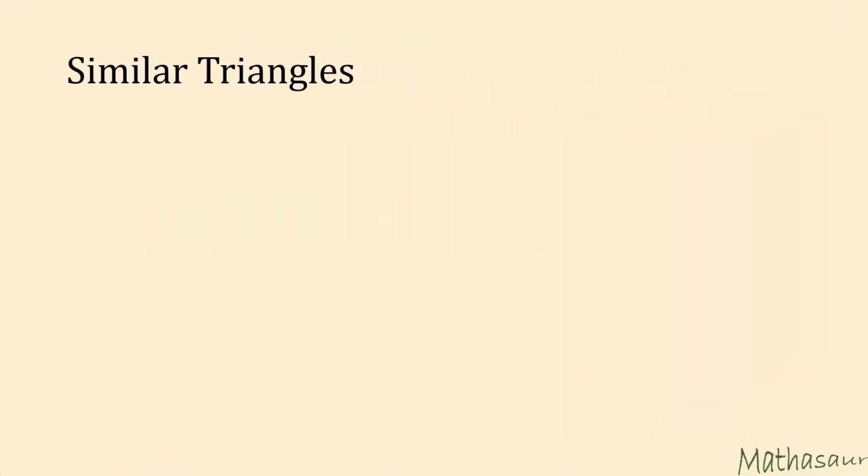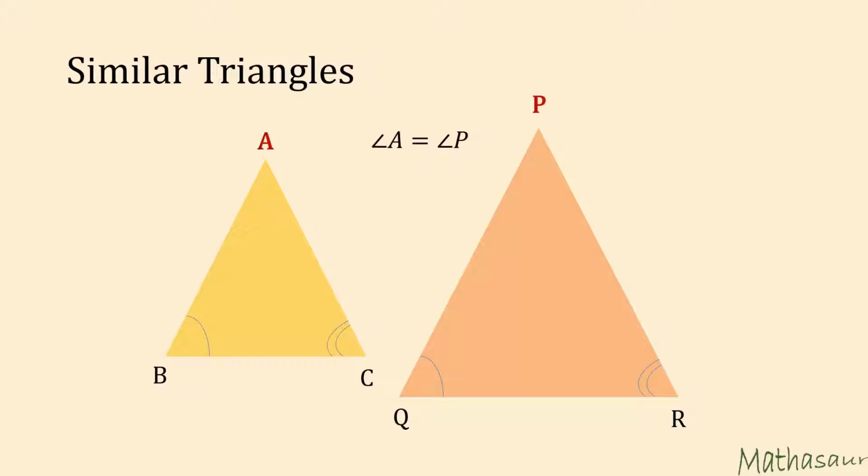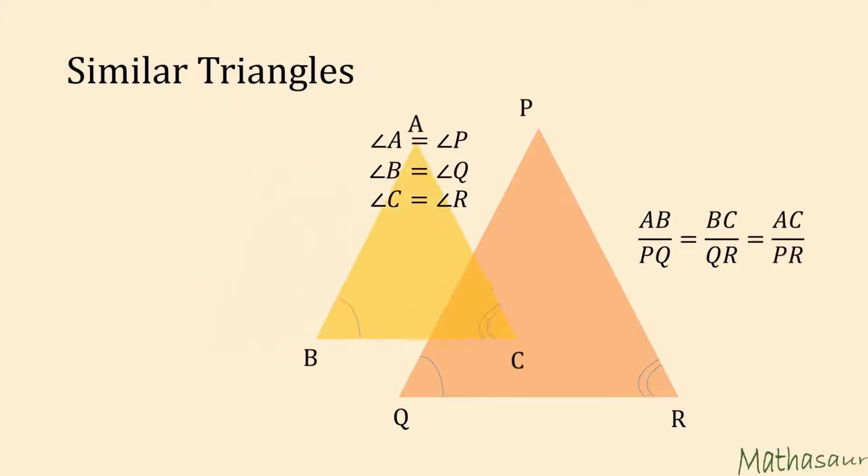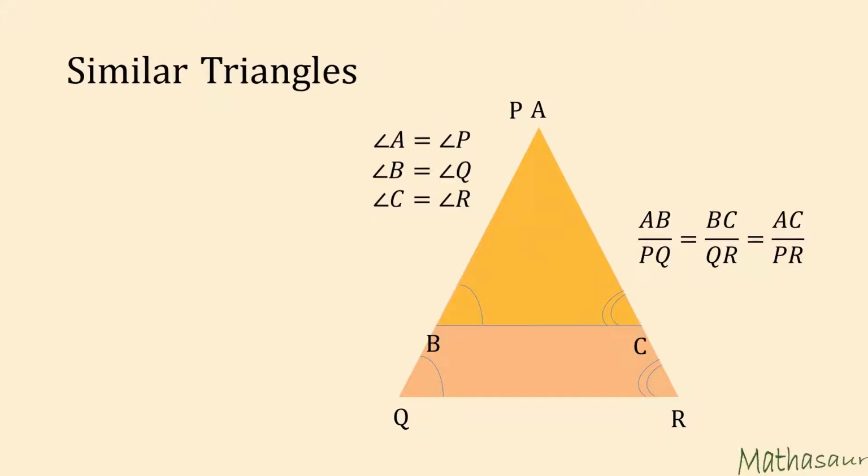Today let us look at similar triangles. Let us recap. If we take a triangle and zoom it out to make a smaller triangle, we see that the angles of these two triangles are the same. We know that the sides of similar triangles are also proportional. Now let us superimpose the vertex A onto vertex B.